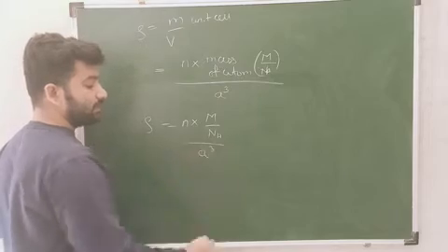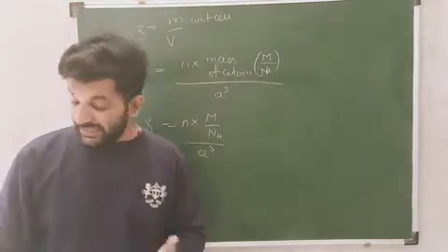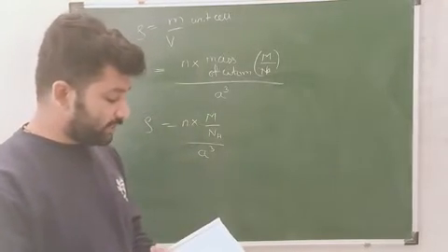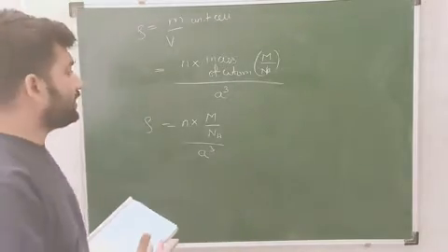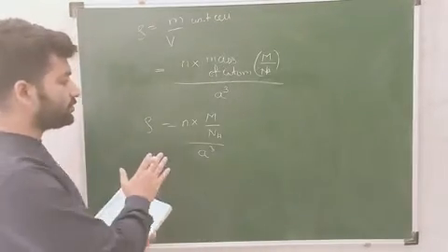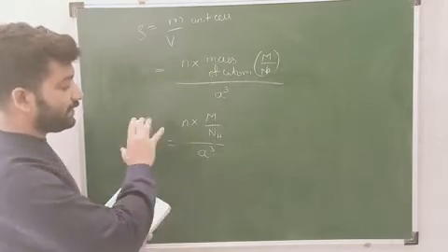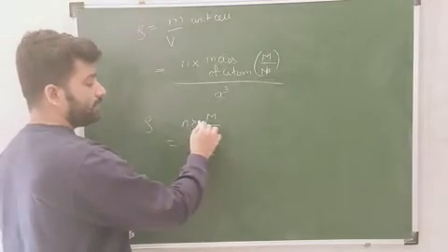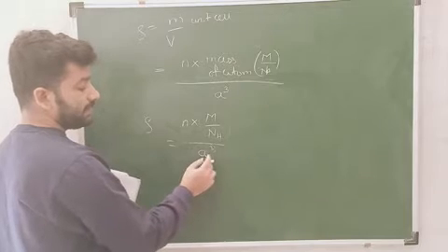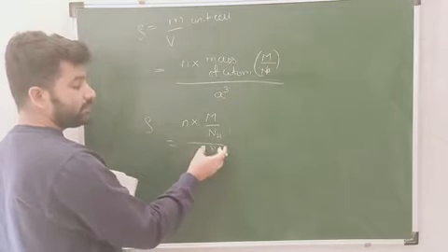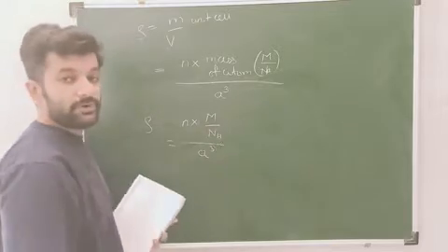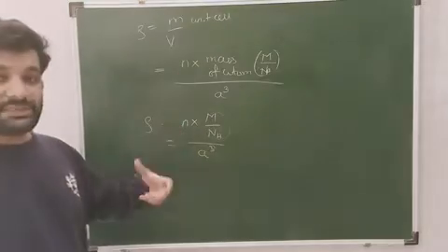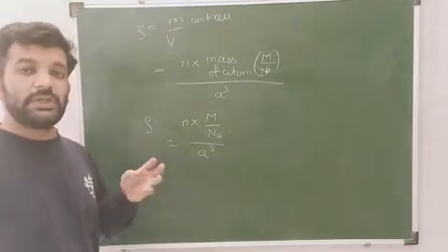This is the general formula which we use. In the textbook, they have made different steps and carried out different steps to solve the examples. But here we are not going with the textbook. We will solve based on this final formula, just substitute the values and get the final answer. In the textbook they carried out separate calculations, separately calculating the volume of the cube, that is a cube, then the value of M upon Na, and then the final calculation. We will solve 3 examples in this video and then I will stop.